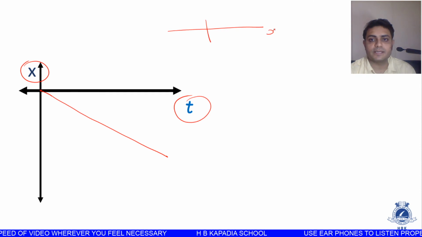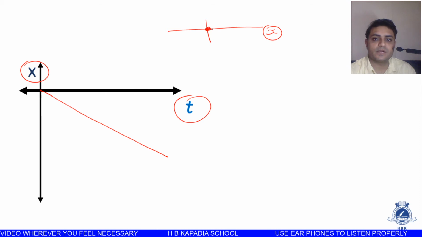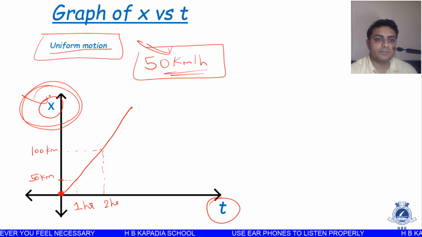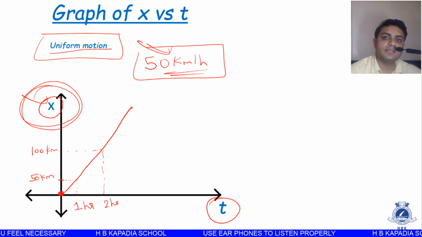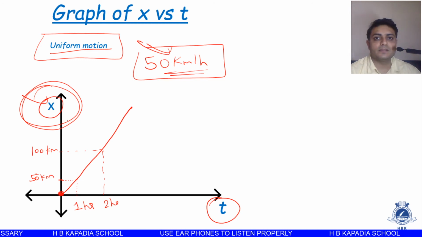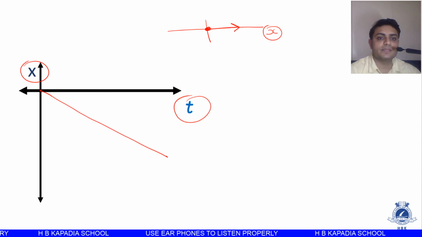Imagine this is the x-axis. If you are standing at this point and you move towards the positive x-axis, then your graph will be like this. You are moving towards the positive x-axis. When I'm drawing the x-axis along this vertical line, it means that if you are moving in the upper direction of the vertical line, then it is considered positive, and when you are moving downward, then it is considered negative. So in this case it is considered to be negative.